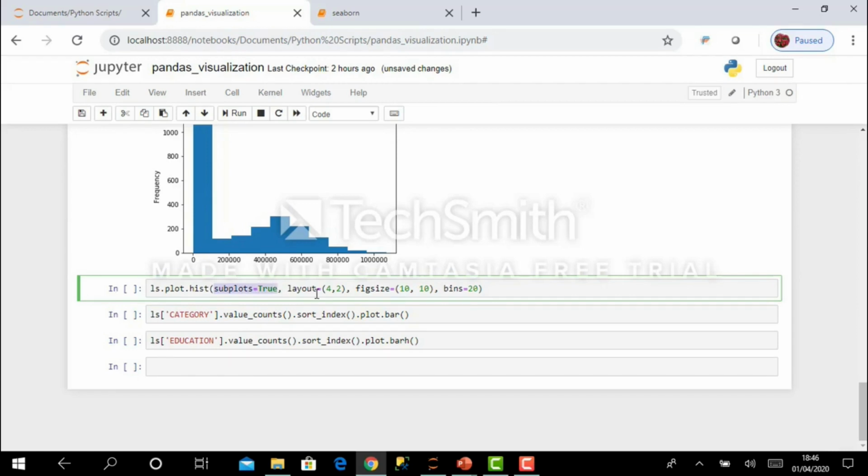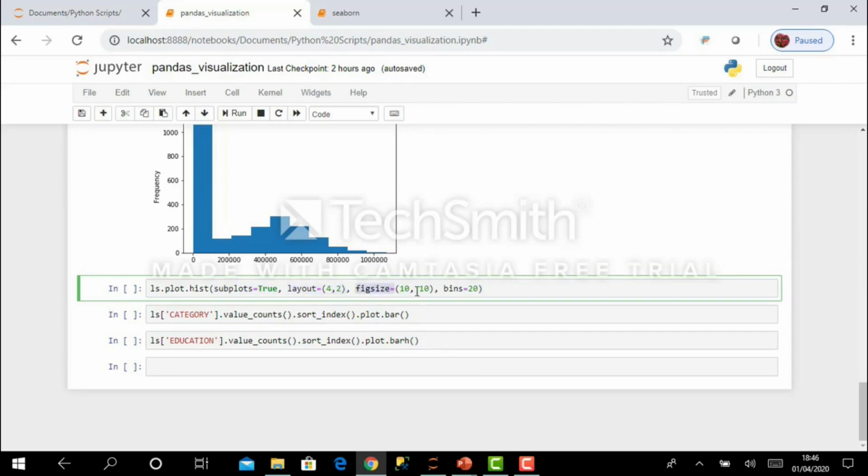Subplots means I have multiple plots, and here I did not mention any specific column or feature, but I'm calling this histogram for all the columns of this data set. The layout is 4 comma 2, which means 4 by 2, so a total of 8 subplots will be generated.